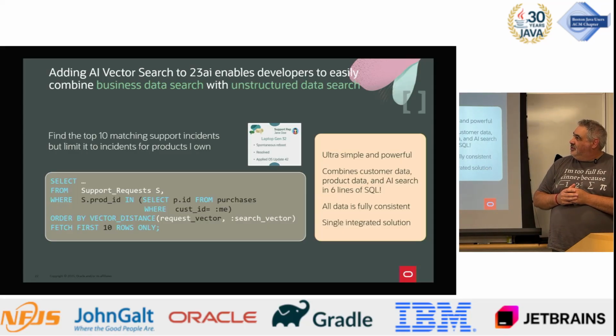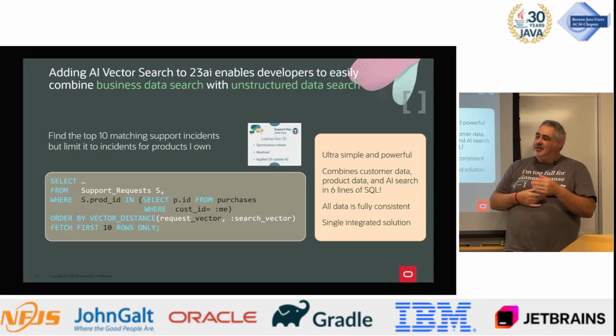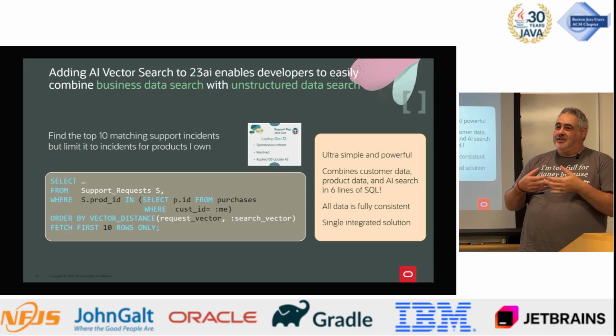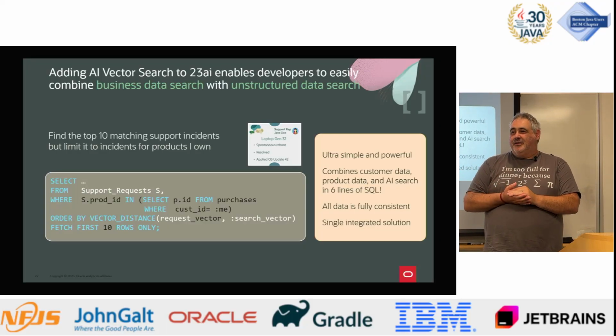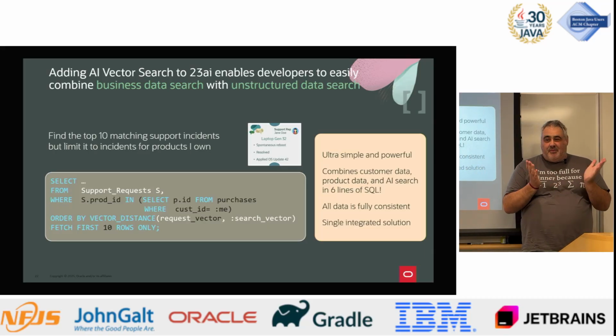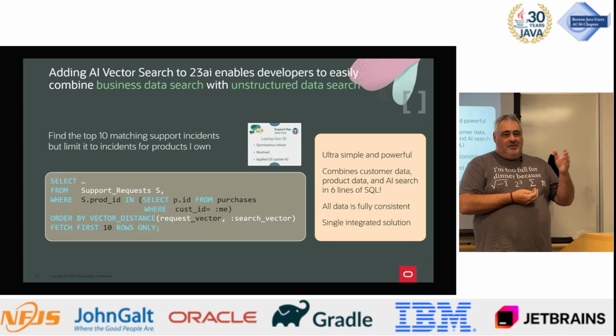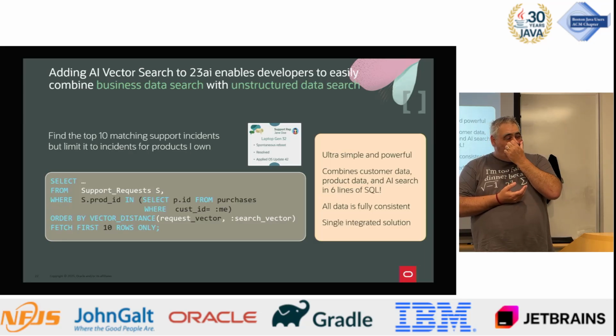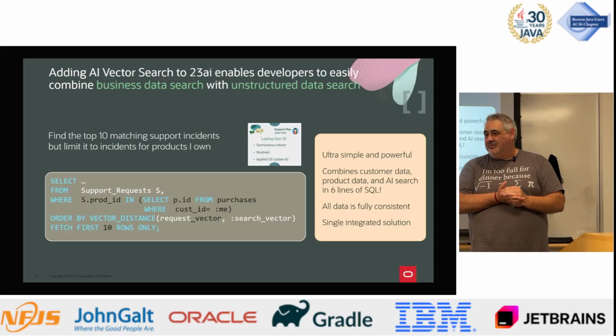In Oracle, we also allow you to mix and match. This is something that is probably unique to Oracle. I don't know of other vector databases that do this, because in Oracle the vector is just another data type. You can have a column in a table that's a vector, for example. So you can write a query that says, give me customer name, product, and so on, and also include a vector search where the vectors are like this. You can take semantic similarity searches and combine them with the kinds of things that you would do in SQL.